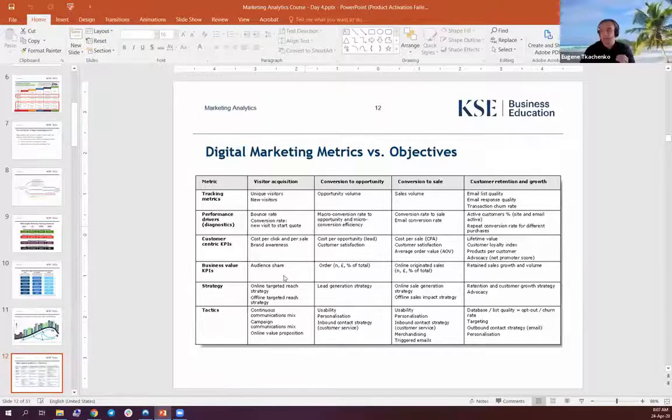Business value, KPIs, audience share. You are into reaching or acquiring 10% of your total market size. It's a huge number, right? But if you're at 8% and you're trying to optimize your efforts at the channel level, we are talking about landing pages, it will support you in the long run. So understanding the difference between tactical metrics and strategic metrics is important here.